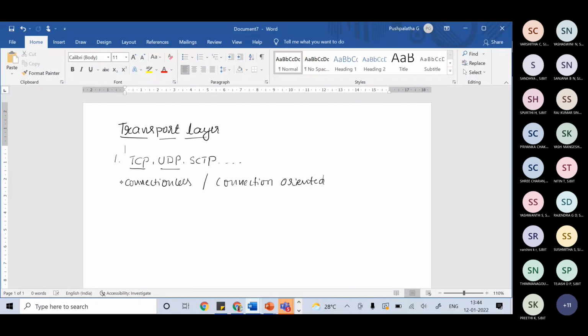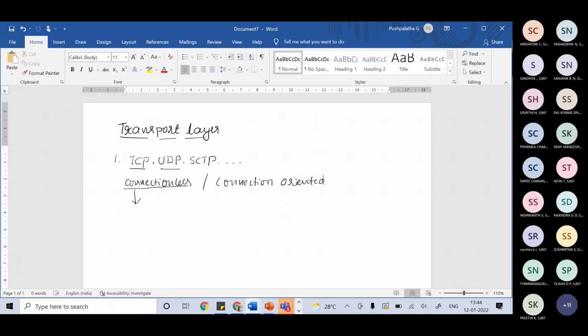So I was telling that the protocols can be connectionless or connection oriented. Now let us see what is connectionless. In the case of connectionless, packets are sent from one person to another where there is no need of connection establishment or connection release.